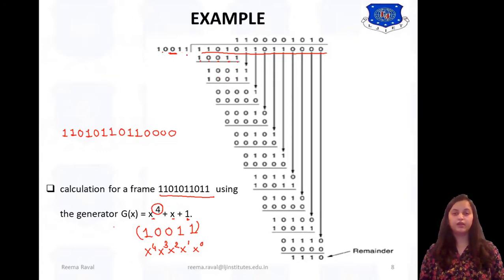Okay, so by adding this, that means we are going to have modulo 2 addition. So if both are equal then output is 0, and if both are different output will be 1. So 0 XOR 1 1, 1 XOR 1 0, 0 XOR 0 0, 1 XOR 0 1, 1 XOR 1 0. So that is not there.